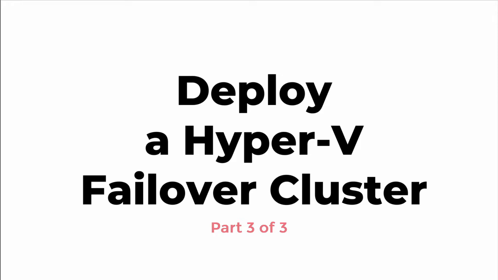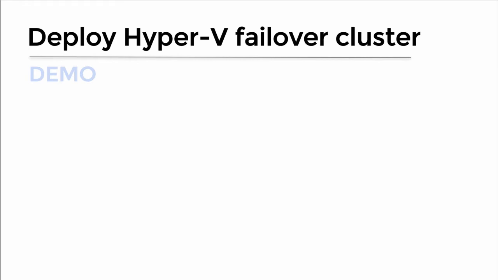In the last part of this video series, I will discuss deploying the Hyper-V role and failover cluster feature onto the Hyper-V hosts, as well as creating the failover cluster. I will also discuss configuring the cluster networks, storage, and the quorum using the Failover Cluster Manager MMC snap-in. The first step of the deployment is to prep the Hyper-V failover cluster nodes, node 01 and node 02.